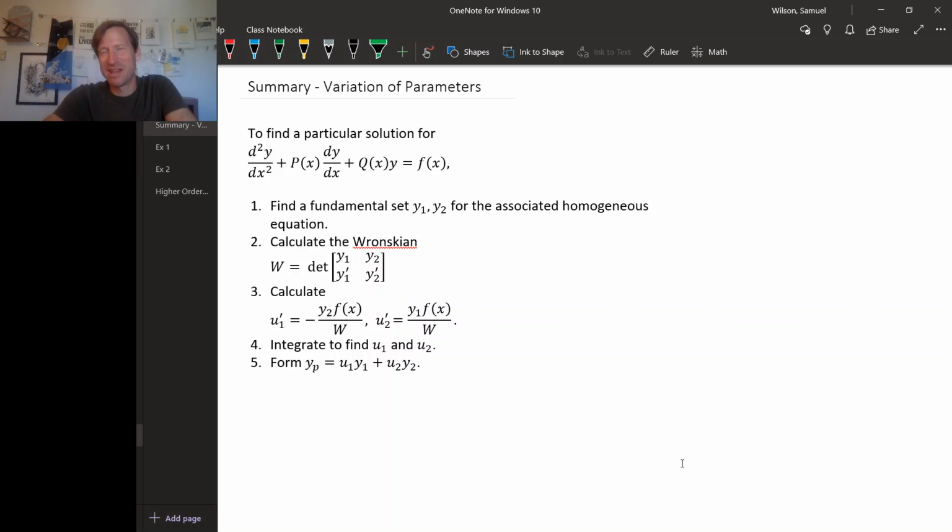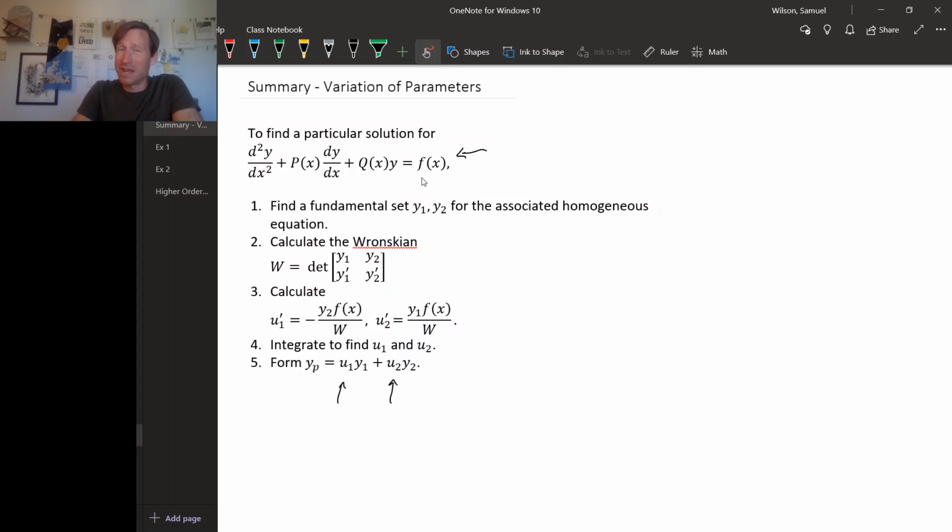So let's summarize our plan for finding particular solutions to a second-order linear differential equation. This technique is called variation of parameters because we're letting the parameters in our particular solution vary instead of being constants. So the idea is if we have a differential equation that looks like this,